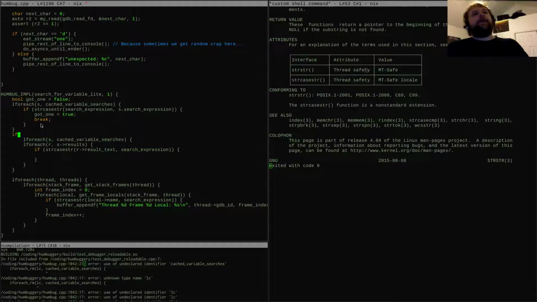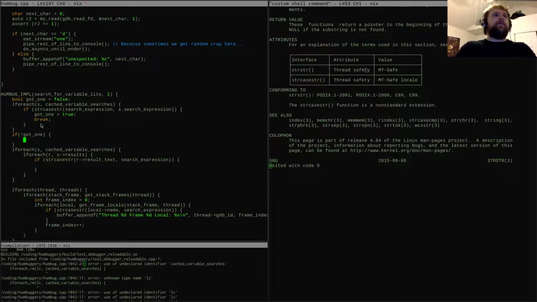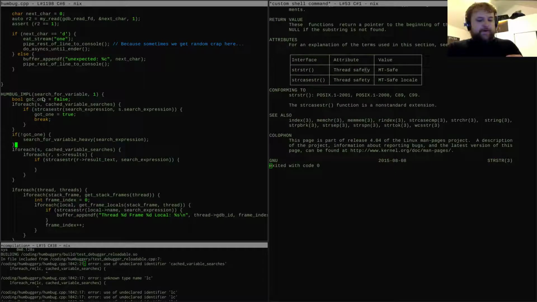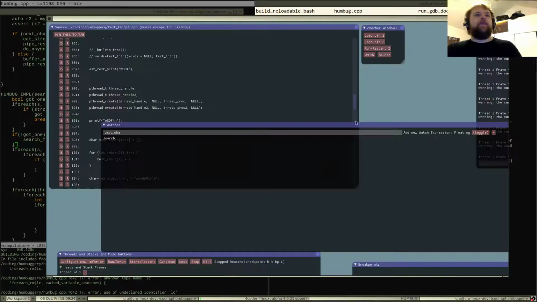Or if not, we need to do search for variable. Actually, we're just going to call this search for variable.